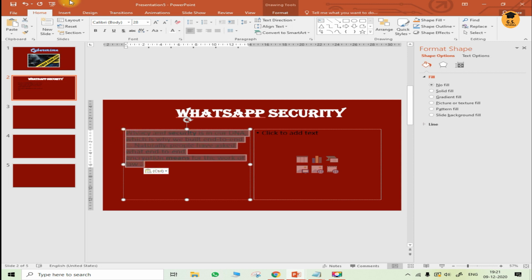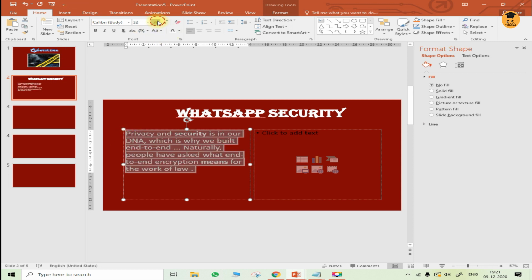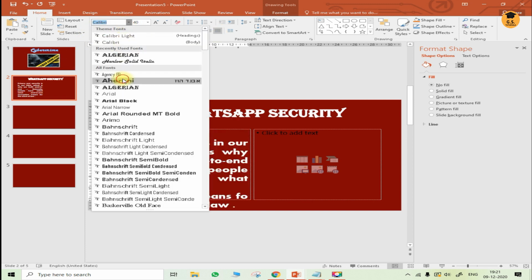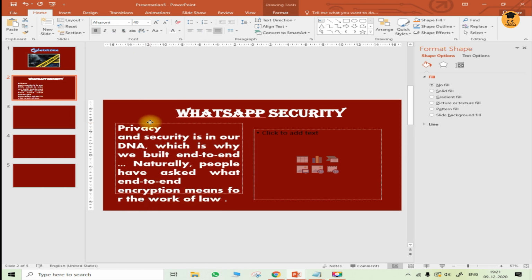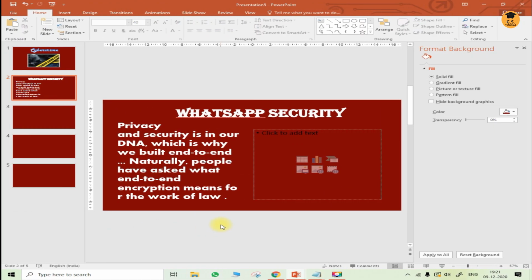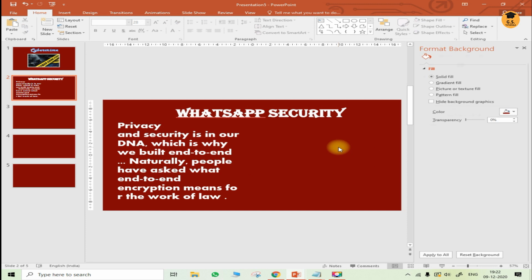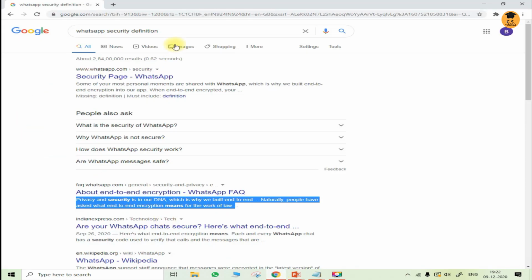Change the style of this. Make use of justification, make it bold. Style if you want to change, you can change it. So after making use of this, you can just insert any picture also over here. Delete this layout. Insert any picture of WhatsApp security.